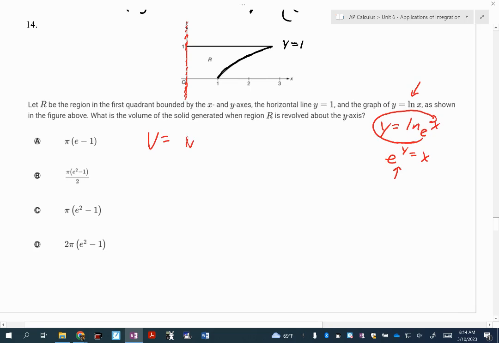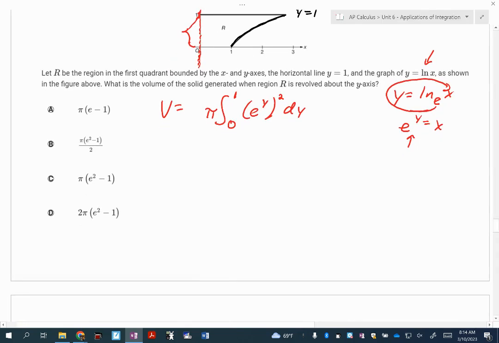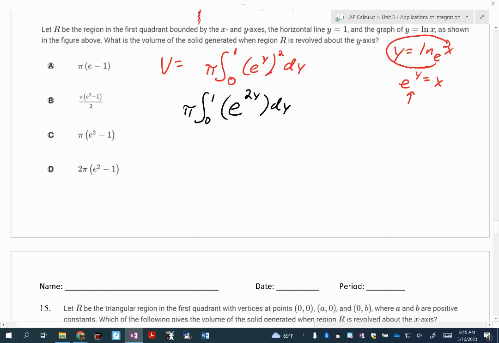So to find the volume, do pi times the integral from 0 to 1. Remember, you're going vertically here for our limits of integration, 0 to 1. And then we have our function, which is e to the power of y, all of that squared, dy. So I'm going to integrate this to find our volume. If I raise that to the second power, I get e to the 2y power dy. Then I'm going to do the antiderivative, which means copy it. But when I take the derivative of this, I would have to take the derivative of 2y to get 2, and I don't want a 2, so put that reciprocal in front,